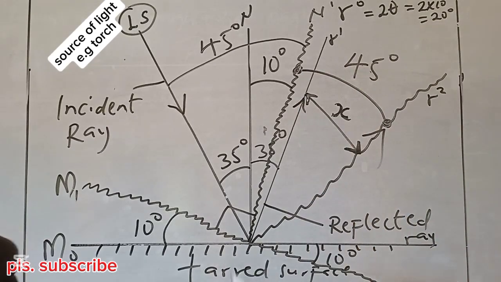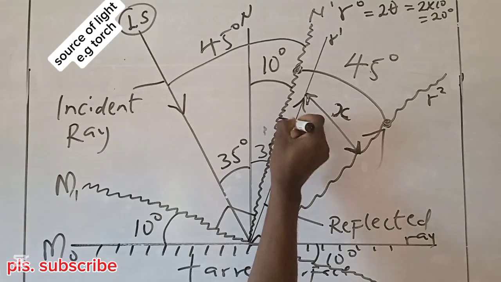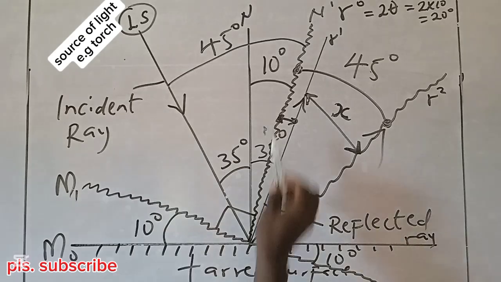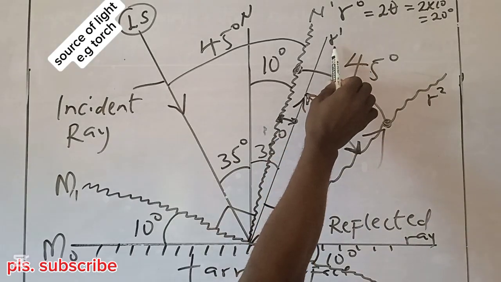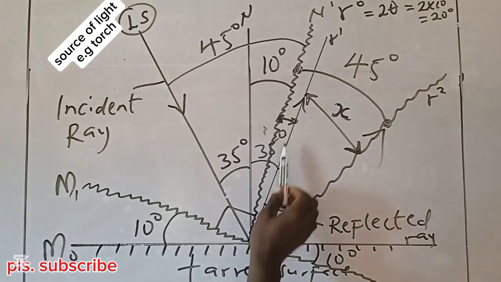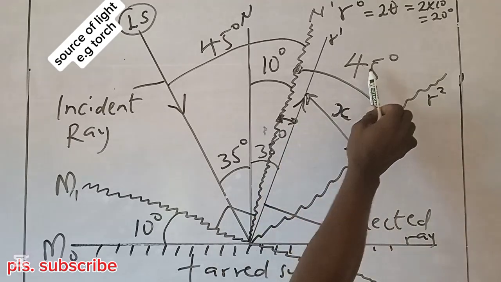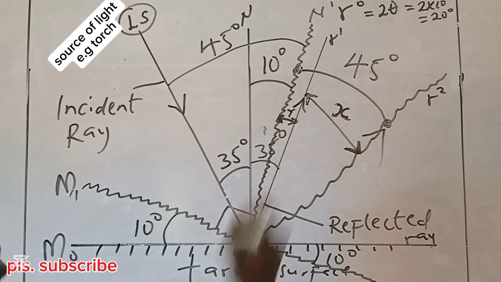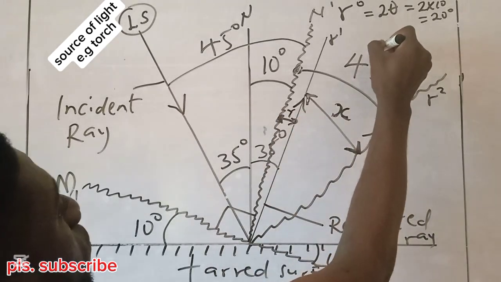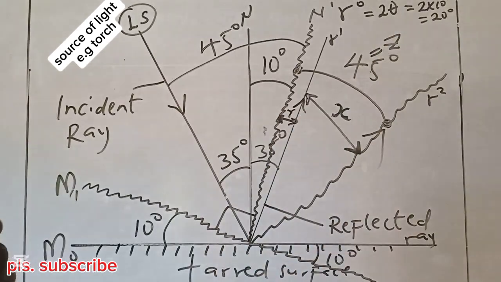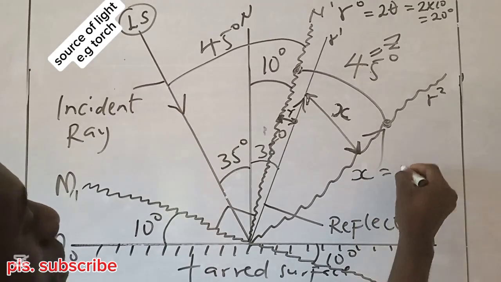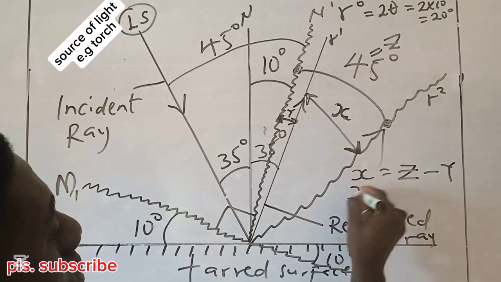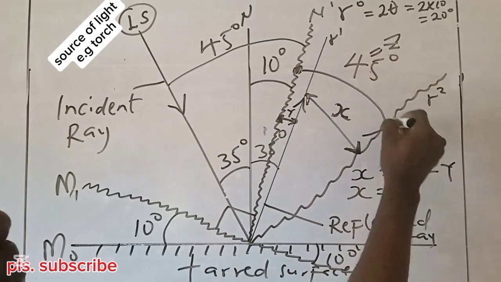Then also notice something. If I get this angle, notice that angle, the angle between the new normal and the initial reflected ray, when I get that angle and subtract it from 45, I'll be getting my X. So let me call that part Y, capital Y. Then let me call my 45 Z. Then notice, to get X, I'll be having Z minus Y. Then let's find X. Z is what? 45